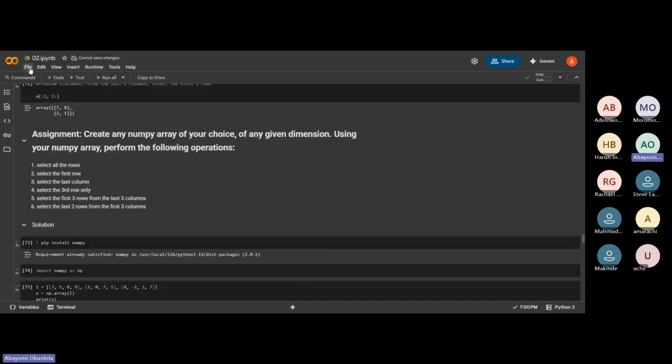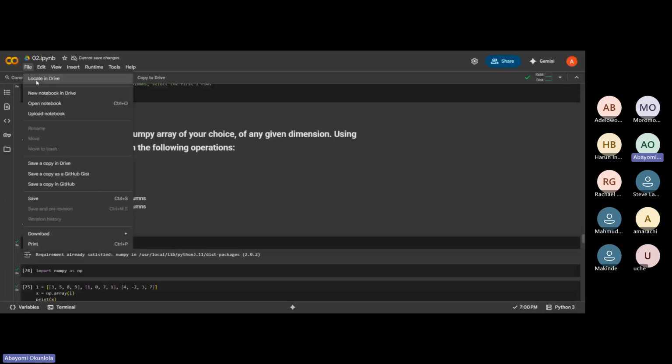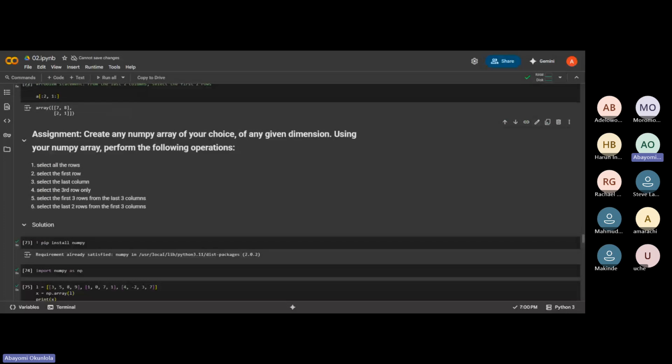All you need to do is click on File, then you see Save a copy in Drive, or you create a new notebook. It's best you create a new notebook so you can use that as your assignment notebook. So click on create a new notebook in drive, and then you can solve your questions.